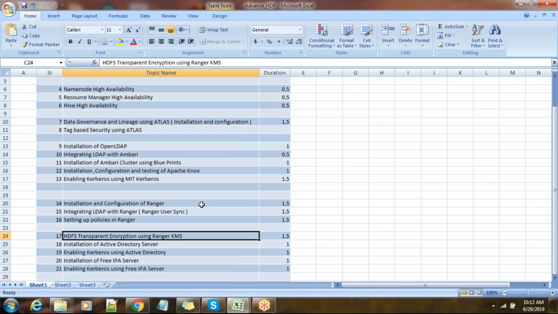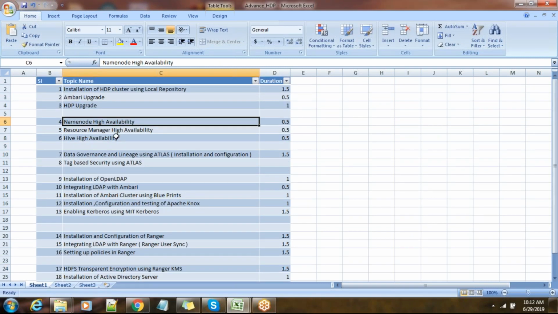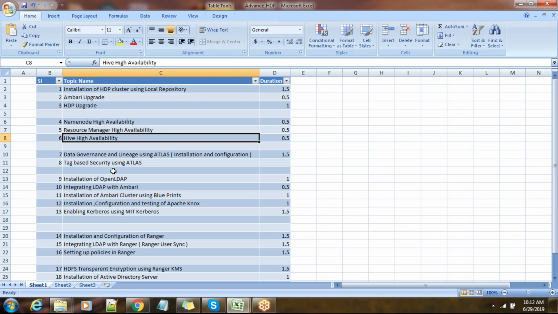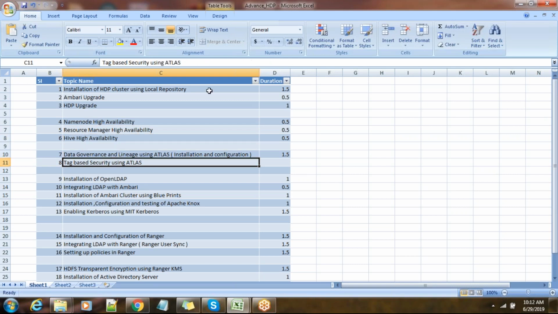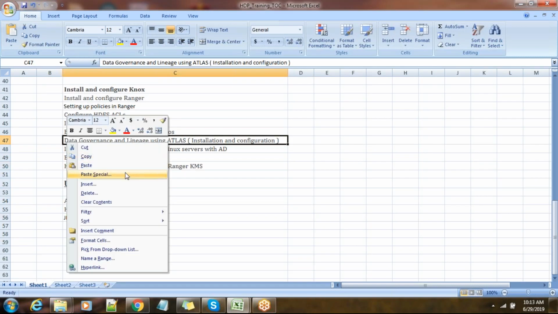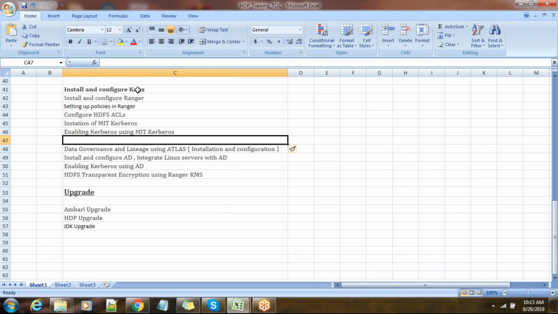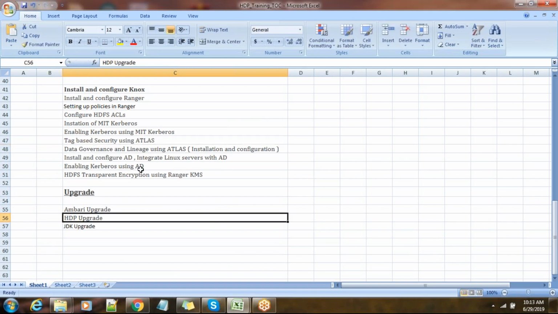Then high availability, we already have, and data governance. Okay. Yeah, you already have it. This one also we will add.